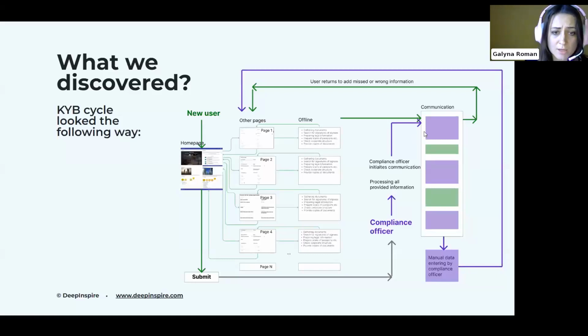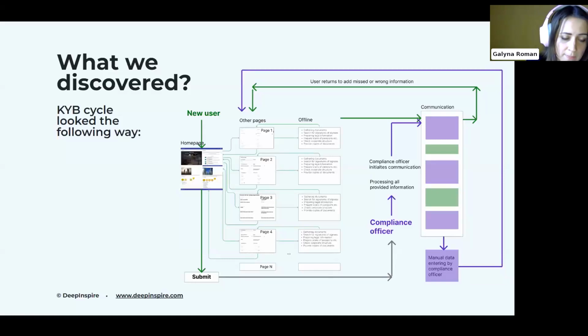And also, usually there was something wrong, and the communication was initiated by compliance officers. They were messaging, calling, and the compliance department was explaining how to fill in the information, where it should be added, what information was there. But usually it still ended up with the compliance officer manually entering the missing information in those particular places in the system. So in general, it took a long time, and it also took a lot of the compliance officer's time for all this communication, for all these explanations,